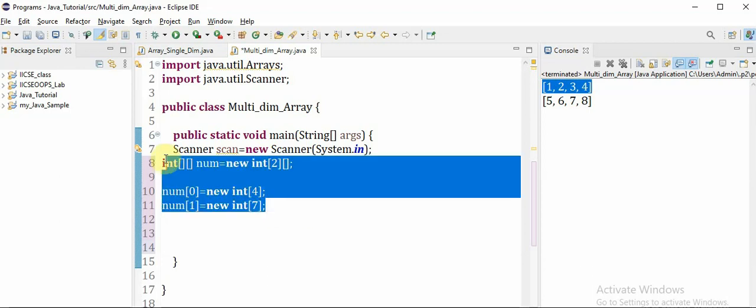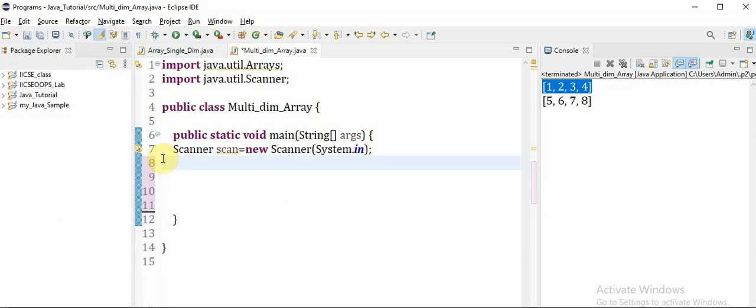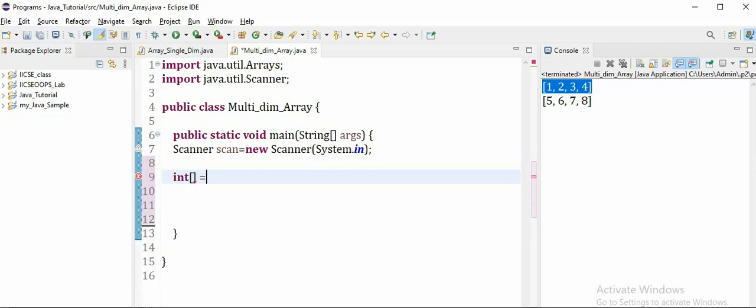And the next thing I have to teach you is, when I declare an array like this, say for example let's create a 1-dimension array. First I have to specify the name of the array. Let's say arr equal to new int. When I create a 1-dimension array, definitely you have to give the size of the array. So let's say the size of the array is 5.